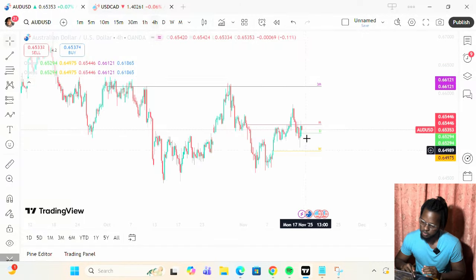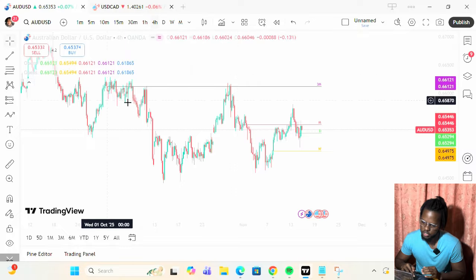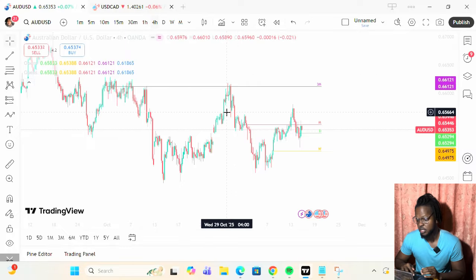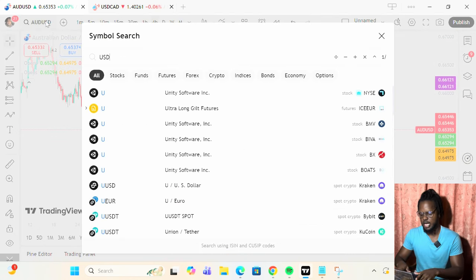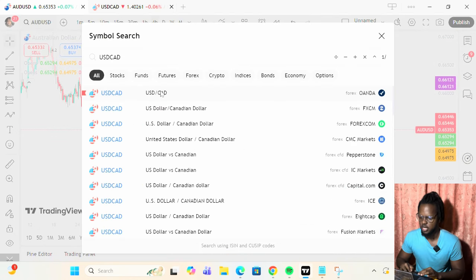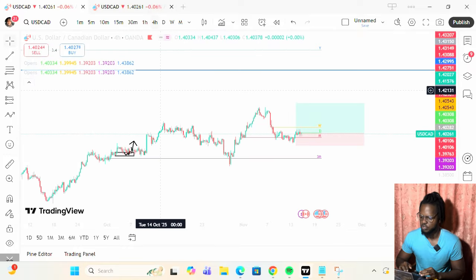However, I do see us continuing up and going to at least the 3 monthly open and probably taking out all this liquidity over here. So if you're in an AU trade, I'd say that's a good trade, because it does look good for some upside. Personally, I'm not. So this is the first trade I'm in right now, in a bit of drawdown.